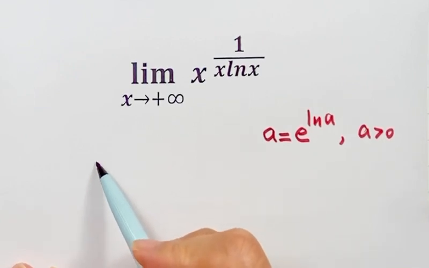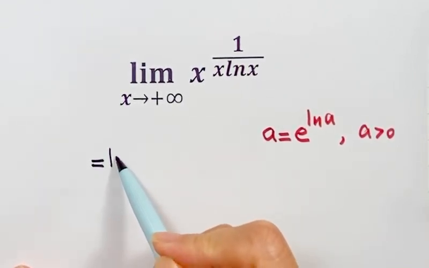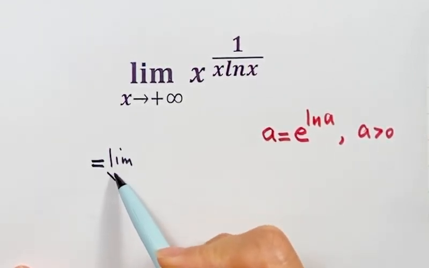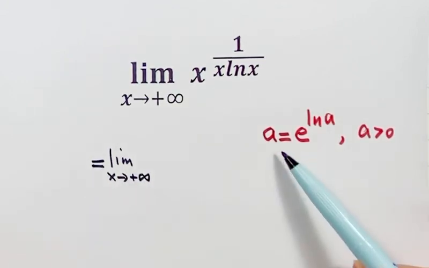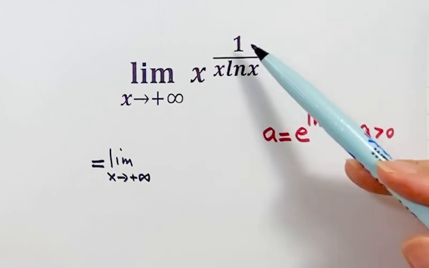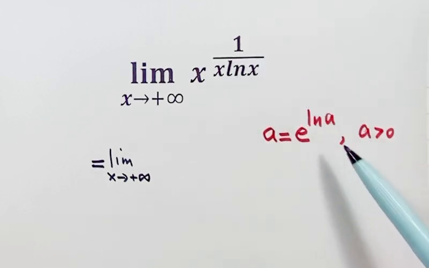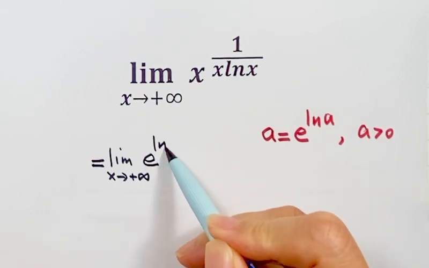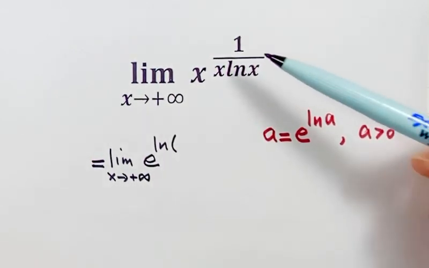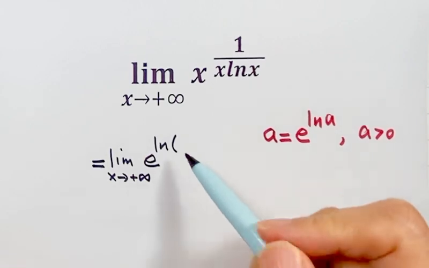So then we have here. First, just copy the symbol for log. Then what is a here? So a is the whole expression. So then here we put e to the log. And here we have e to the log. Then what's a? Again, a is the whole expression. Then we just copy here.